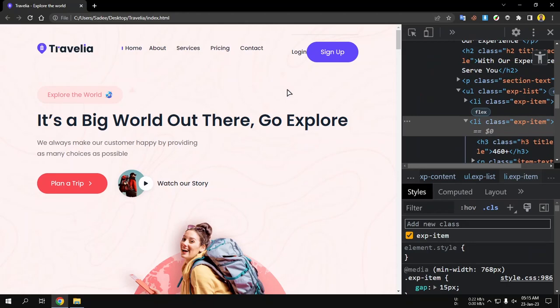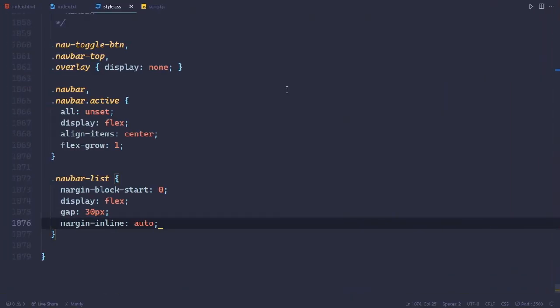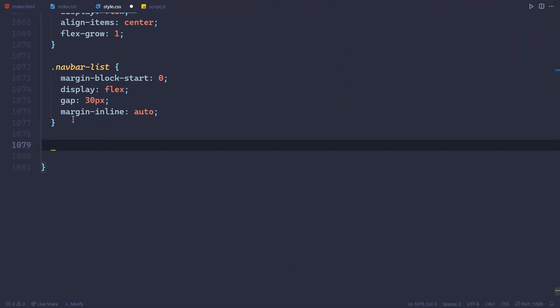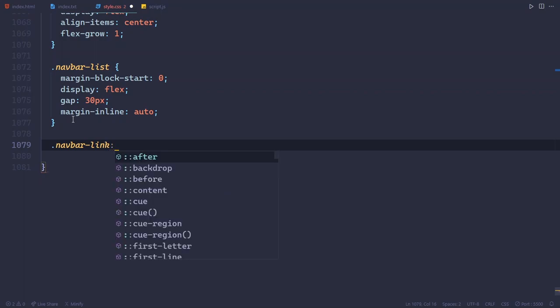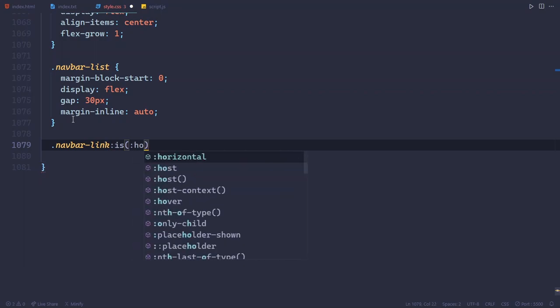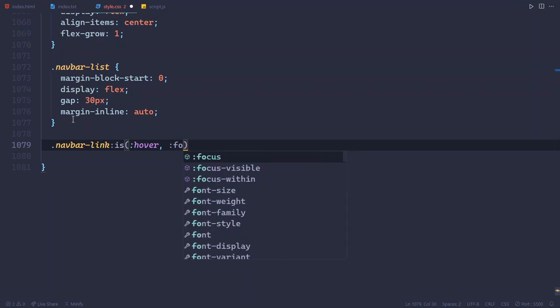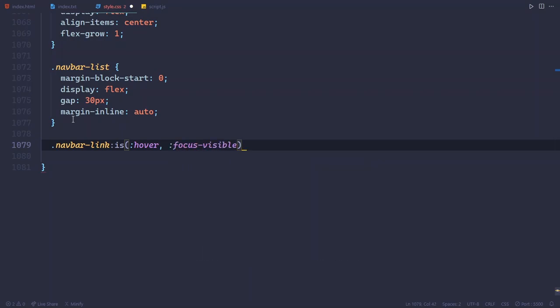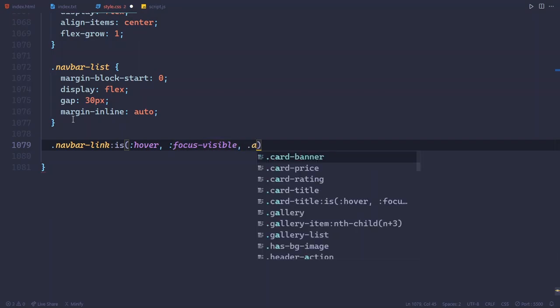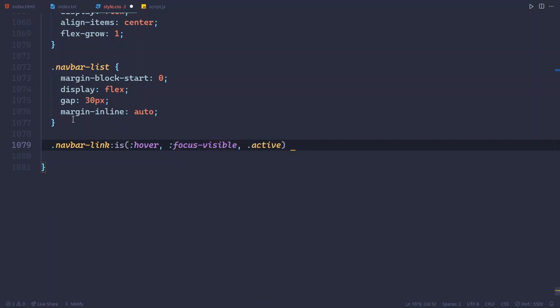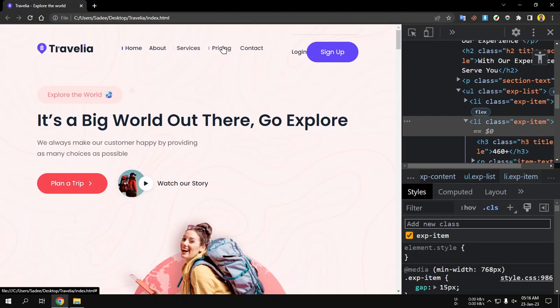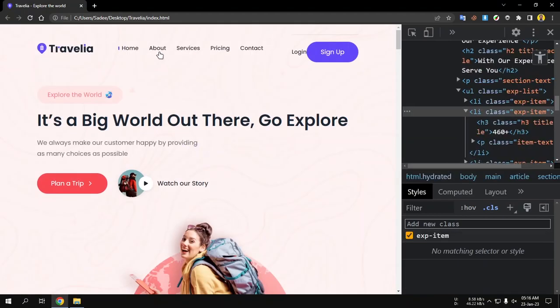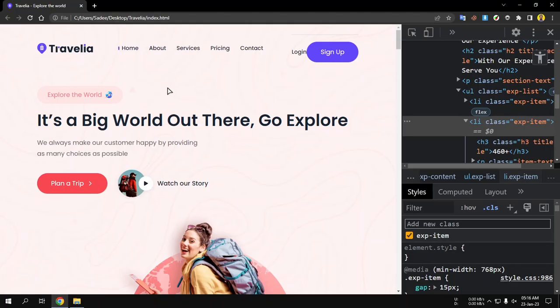Like this. And now select the navbar list, so navbar link, and when navbar link will be hover, focus visible and active, transform will be unset, like this, and